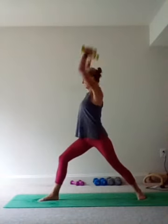We're going to come on up to crescent lunge. We're going to open ourselves up to Warrior 2. What we're going to first do is wide arm bicep curls. So we're going to have them out to our side. We're going to bend for 8, 7, 6, 5, 4, 3, 2,